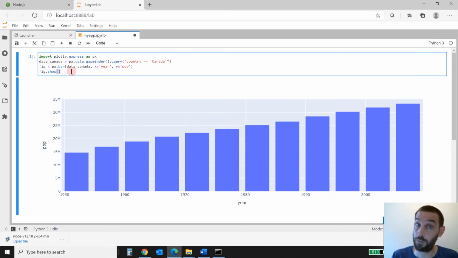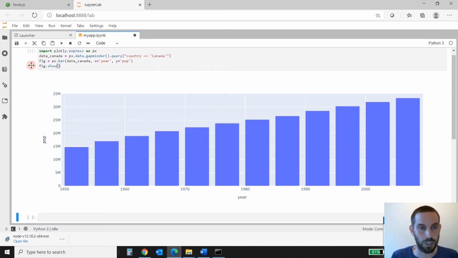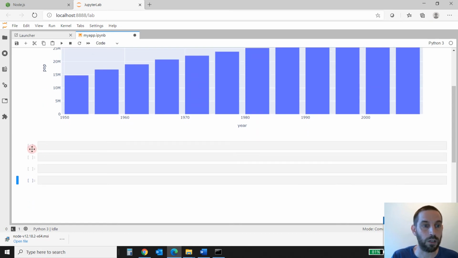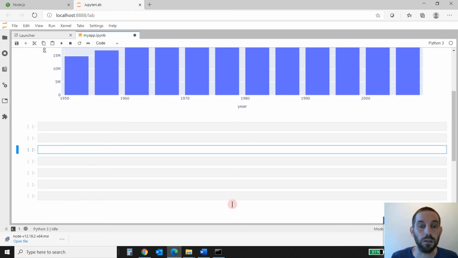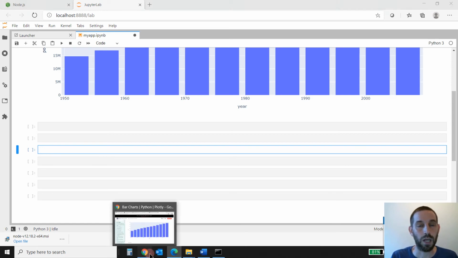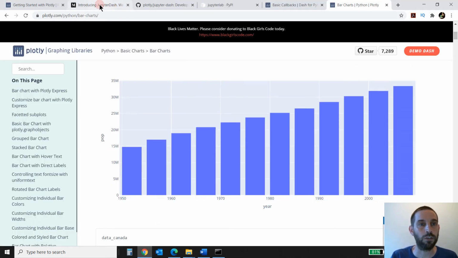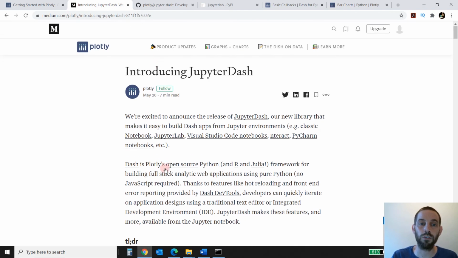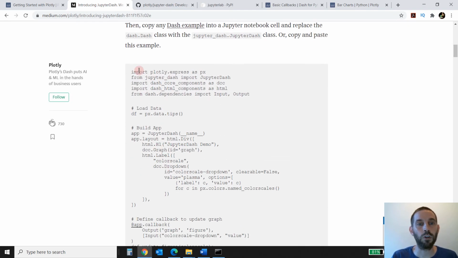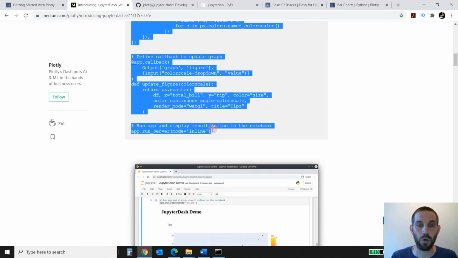All right, so we finished Plotly, or we saw an example of Plotly. Let's see an example with Dash. So let's create some more cells here. In this new cell, let us copy paste a Dash example. So in this URL that I showed you, in this link introducing JupyterDash, just go in here and just copy paste this code,